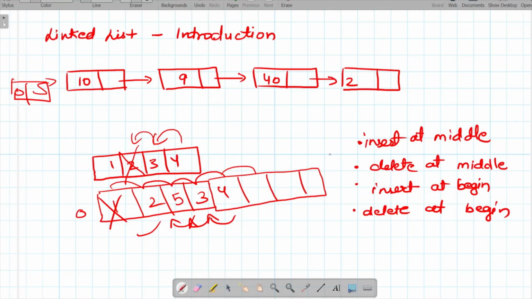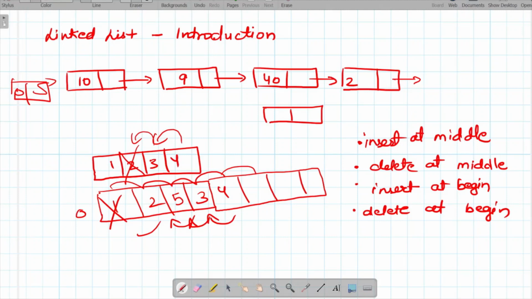Another thing is, in an array we know that the memory is pre-allocated, as I already discussed. If the array's memory is already pre-allocated, which means we have allocated the memory previously, and now we have to insert further elements, then we need to double the size of the array. But in a linked list the memory is allocated dynamically. So if we have to insert a new element, we just have to create a new node and insert it after the last element, or we can even insert at a given position. Because of all these advantages, we make use of linked lists.